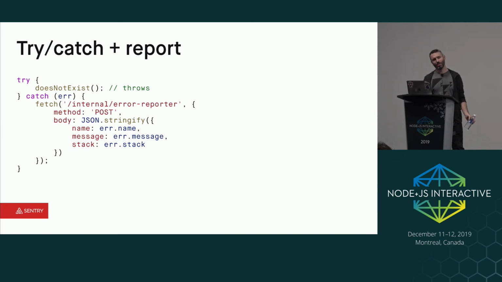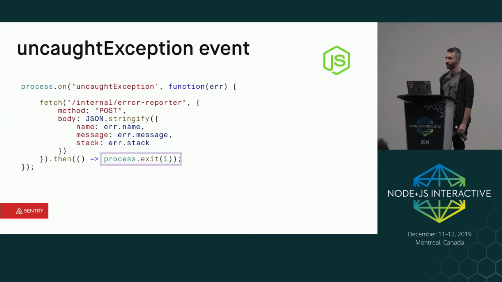I'm not going to go into the details of that. Of course, you don't really want to pepper your code with try-catch statements, especially because try-catch only works on asynchronous boundaries. You'd have to do it all over the place. So most JavaScript runtimes provide you global error facilities that you can use to collect them. In Node, you can use process.on uncaughtException, and you can use that, catch an error, try to make an HTTP